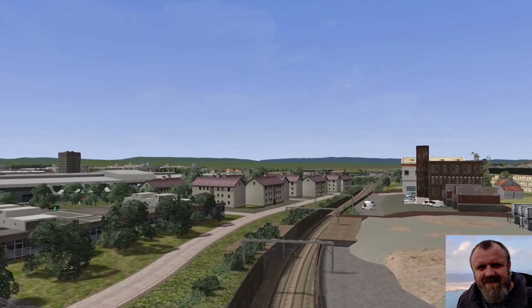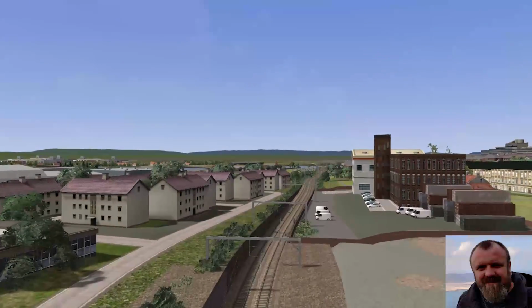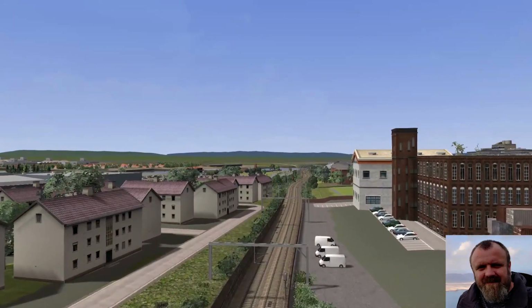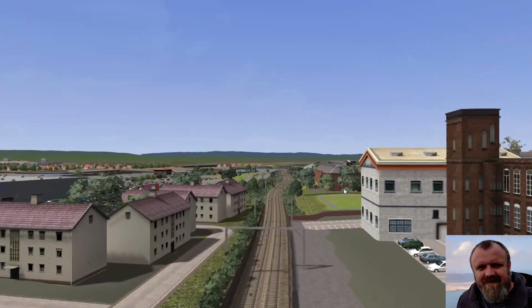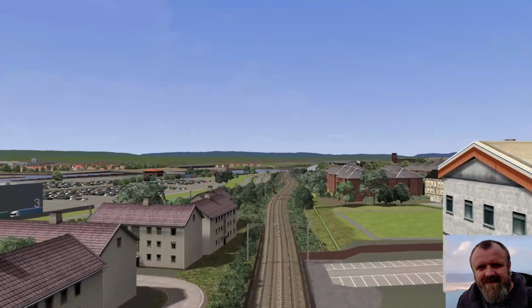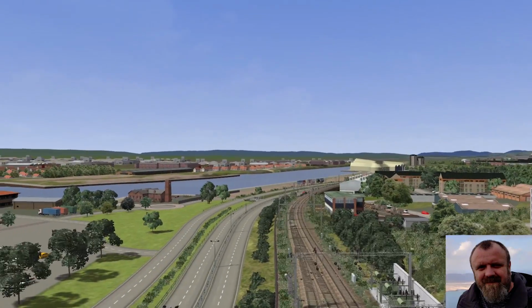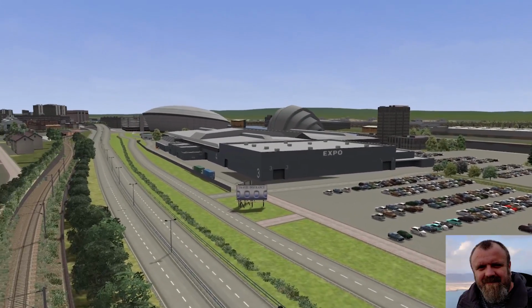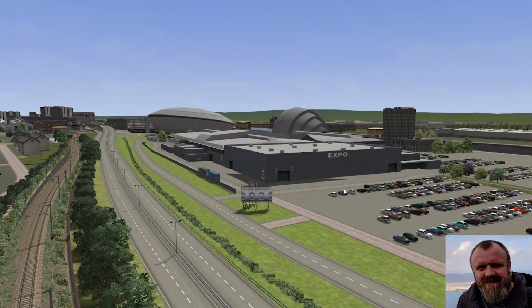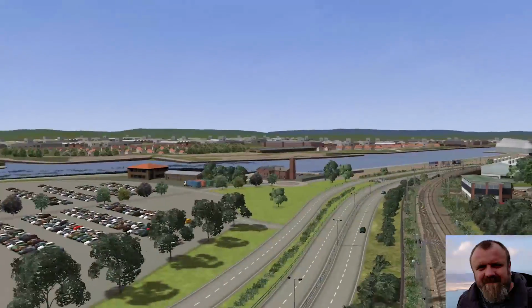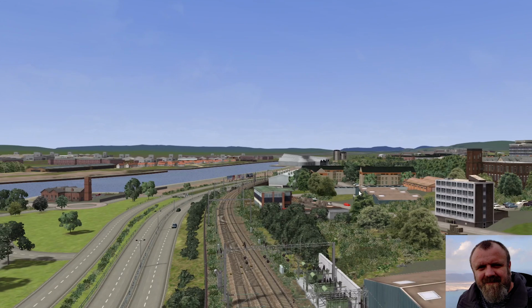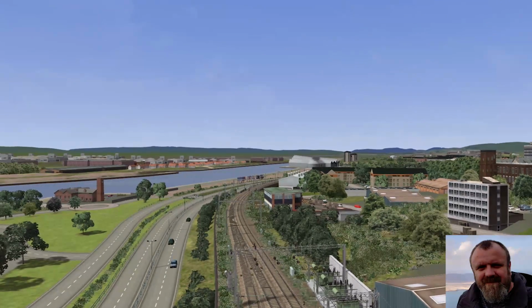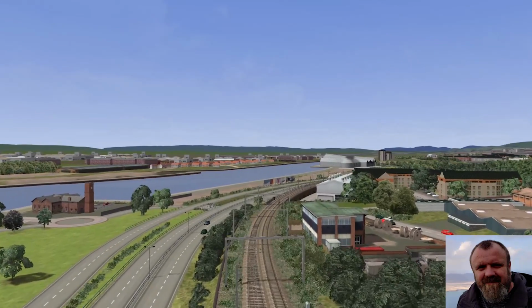This bit we're looking at just now is actually the very first bit I did, right at the very beginning in 2013. This is coming out of the tunnel from Queen Street low level going towards Partick. If you fly over that, the area on the left at the time was very bare, and one of the things I've done in collaboration with Rivet Games is enriching all of this with the Hydro, the Armadillo and the SECC obviously. Plus you can see in the distance there the Transport Museum, the Riverside Museum. So that was something that was very good to have done recently.